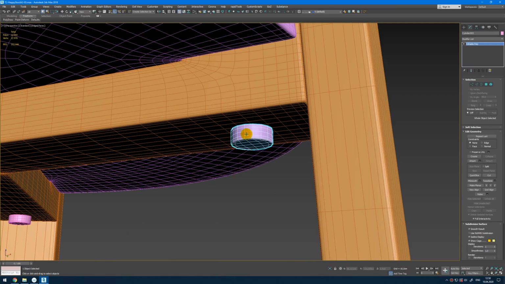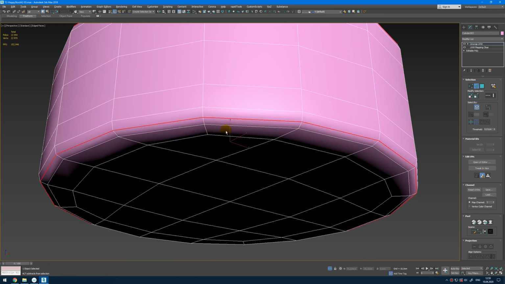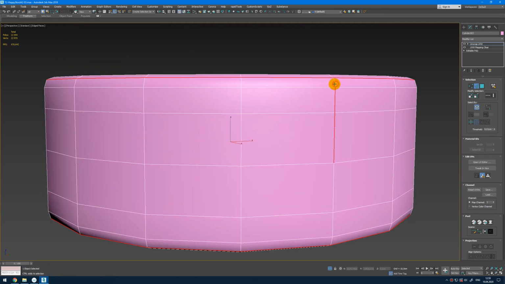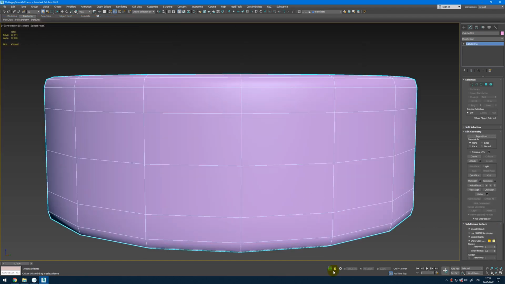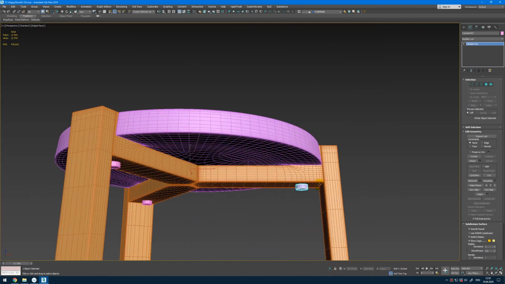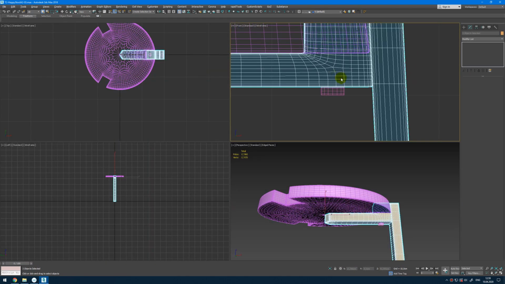Then the cylinder is the last one, UV clear, unwrap, select edges that you wish, select one of them here, convert to seams, select all, quick peel, and we are done. Convert to editable poly. Then this side that we unwrap, we can delete these unneeded parts, select these two legs,